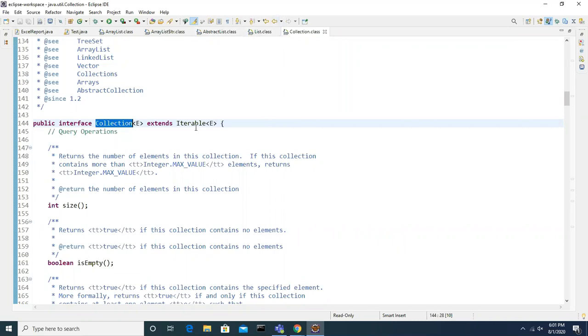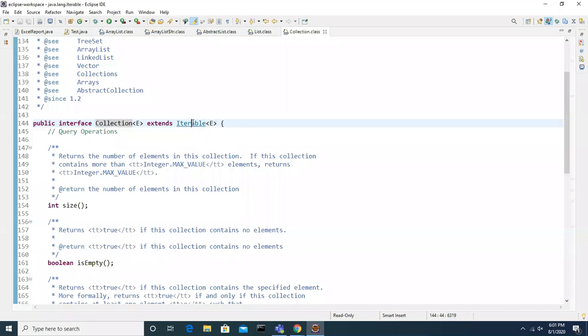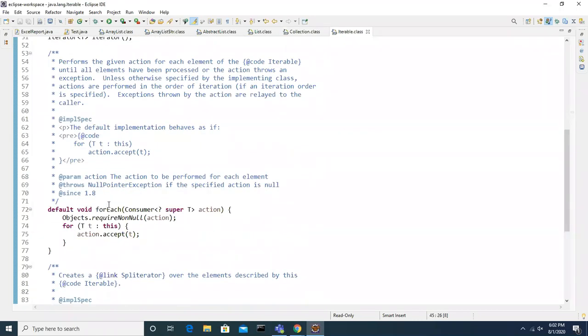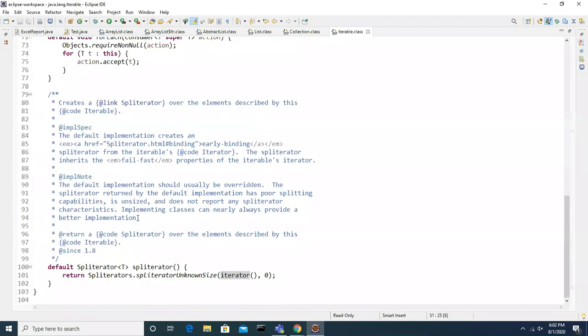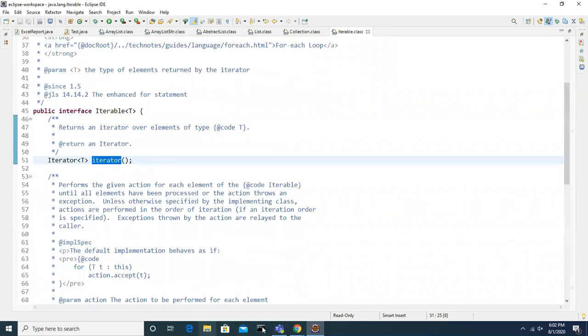That means all the methods of Iterable, Collection, and List, all the implementation is done. If you go and see Iterable, what is the method? We have only one method, that is the iterator method. That is what we are trying to use here. Okay, only the iterator method. Let's go and see that iterator method now.